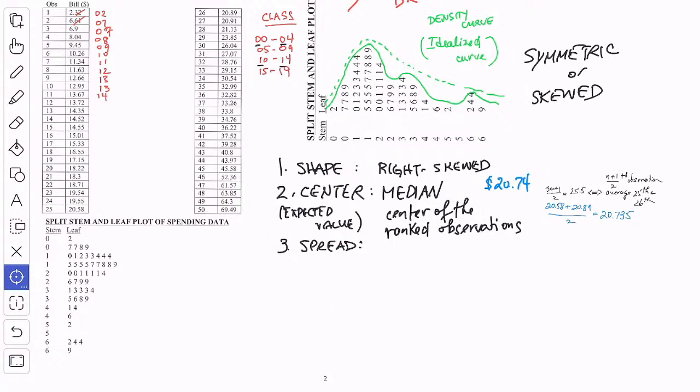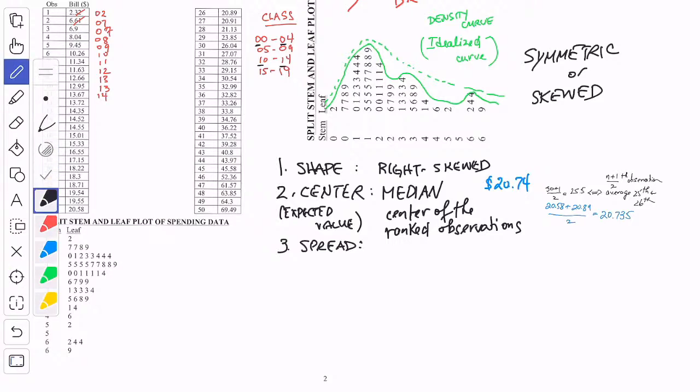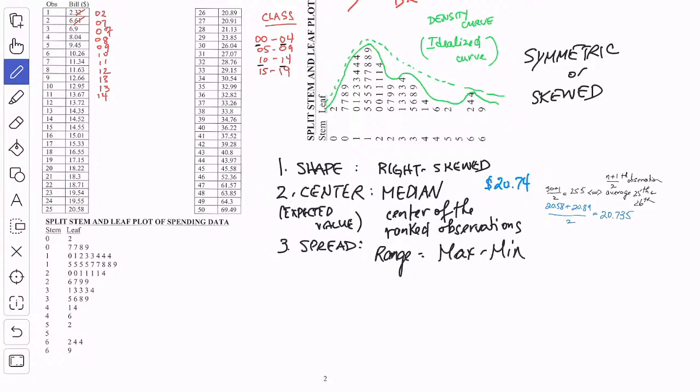You could actually reproduce this density curve that I've drawn using the 5 features. So we need to talk about the spread. We can mention in the spread the range of values. The range can be calculated as the maximum value minus the minimum value, so it shows how spread out the values are. So the maximum value minus the minimum value,